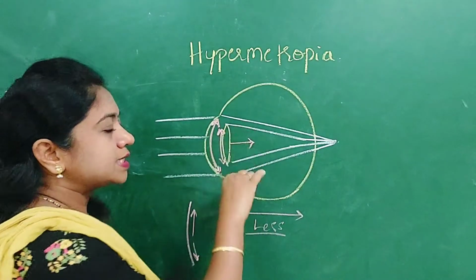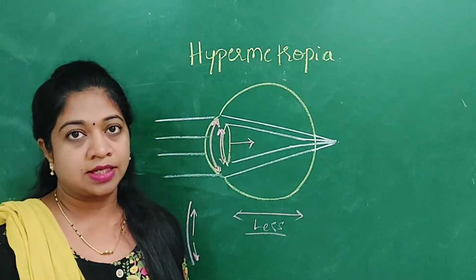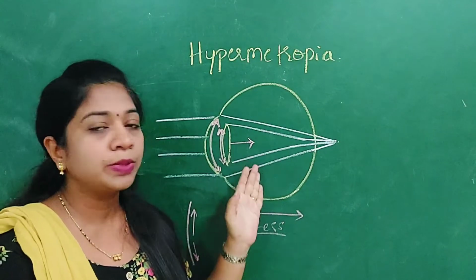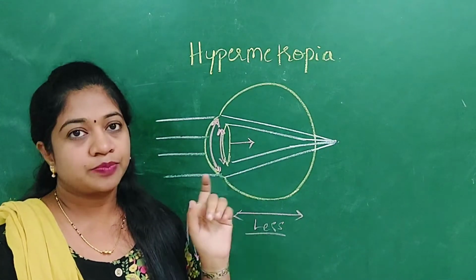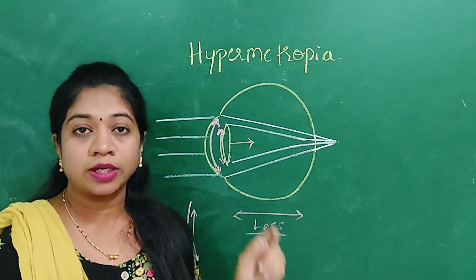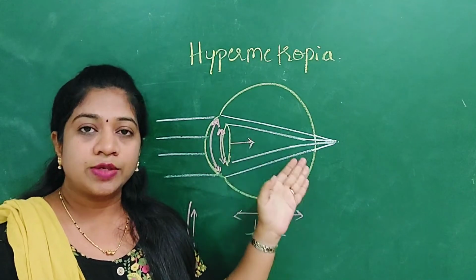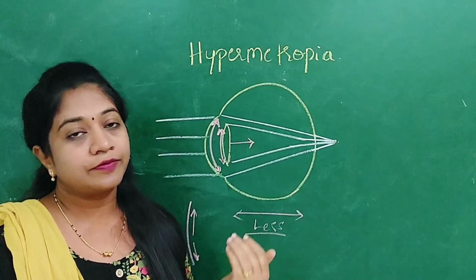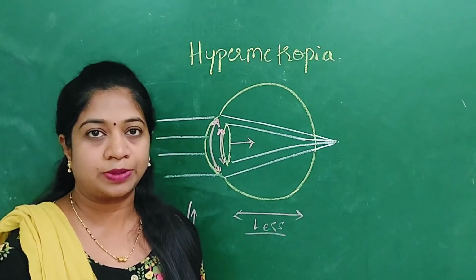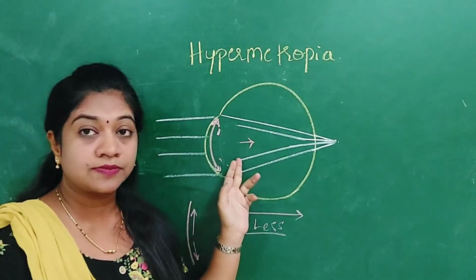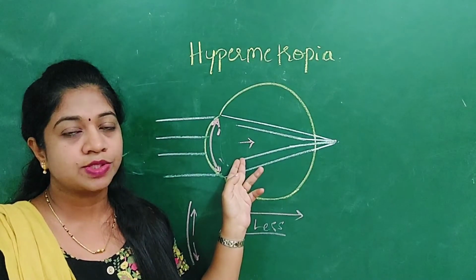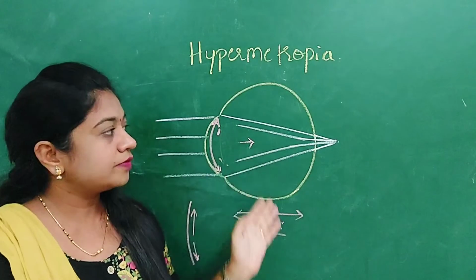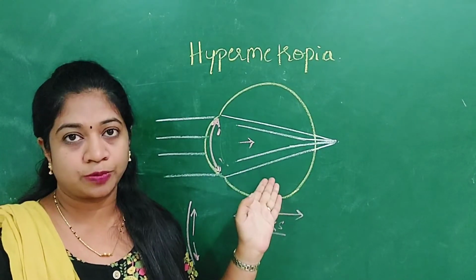And there can be a change in the refractive index of the lens. In myopia there was a change in the refractive index of the nucleus, but in hypermetropia, as we age, because of change in the refractive index of the cortical matter, there can be induced hypermetropia. Even in diabetic patients there can be change in the refractive index of the lens cortex leading to hypermetropia. Even the total absence of the crystalline lens, which can be either surgery induced or congenital, can lead to a very high degree of hypermetropia. So these are the various mechanisms by which hypermetropia can occur.